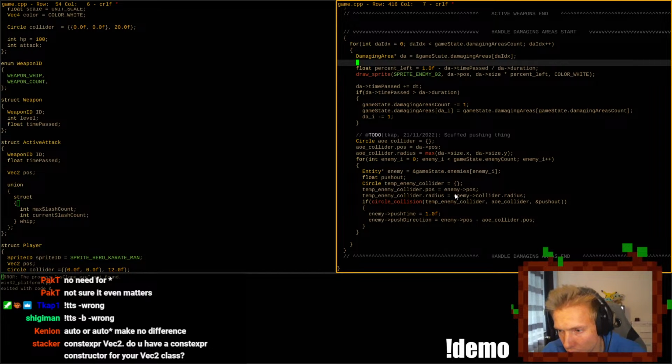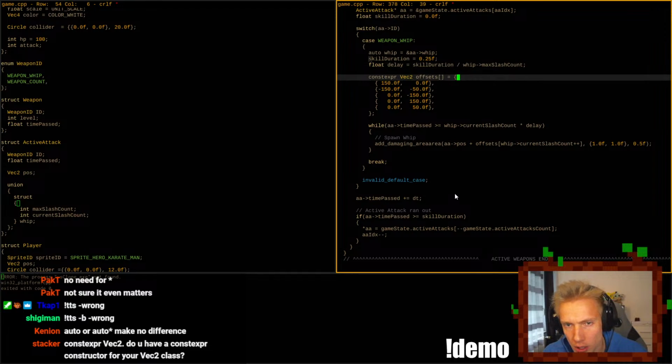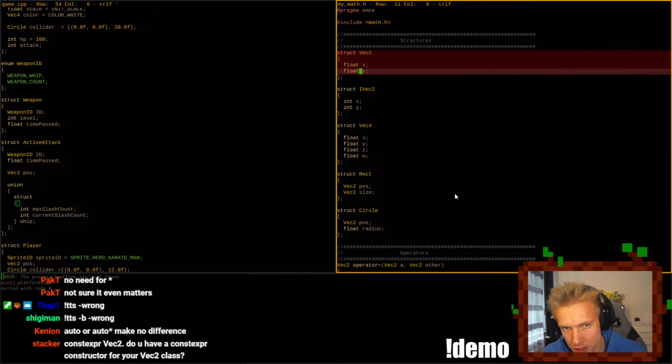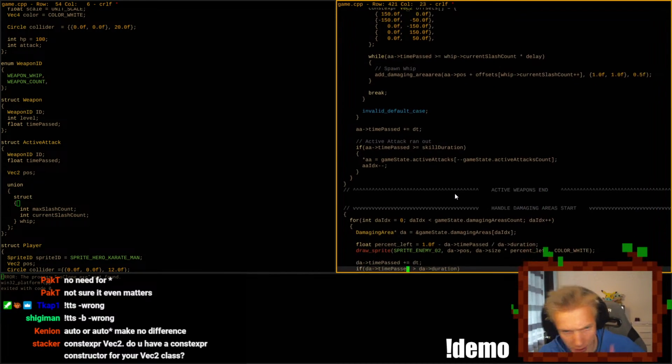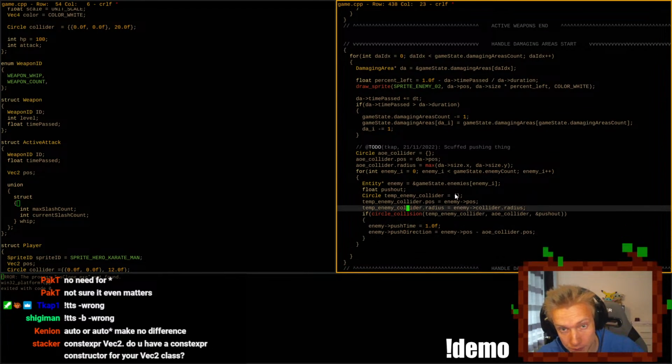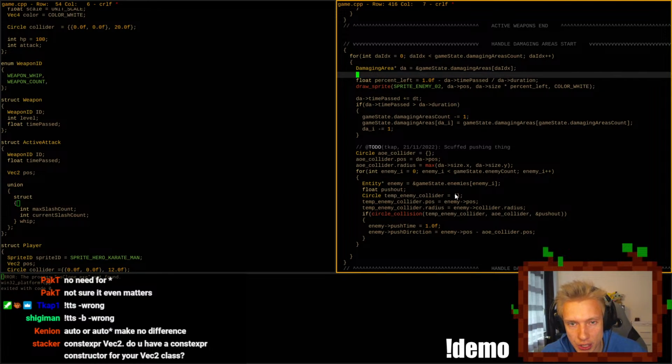Constexpr vec2. Do you have a constexpr constructor for the vec2 class? Is there some constexpr vec2 over here? No. It's, excuse me, literally just a vector 2. You don't need to have a constexpr class. I guess C++ just generates that for you. So we get a damaging area on the damaging area index.